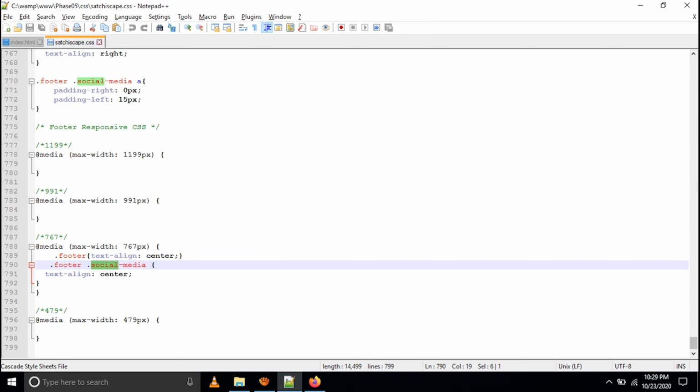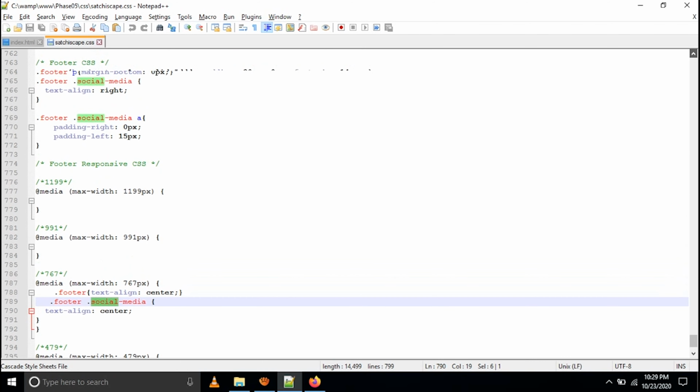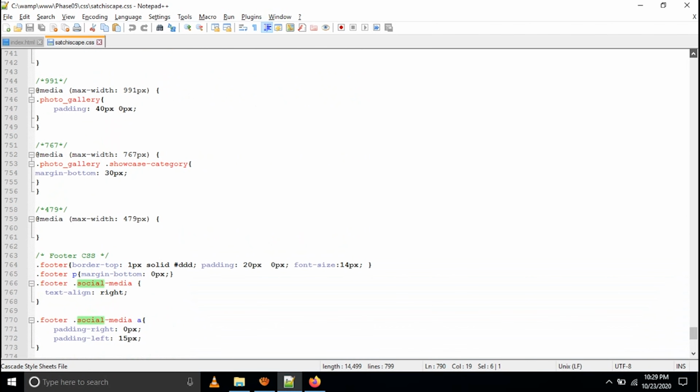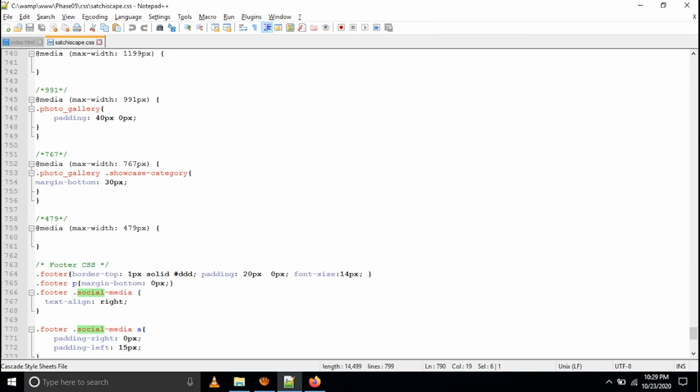I showed you before in the photo gallery, you can see the margin bottom 0, photo_gallery space showcase-category. Why have I written it? I could write just showcase-category, since it is already written for the showcase. If I remove photo_gallery and only write showcase-category margin bottom 30 pixels, what will happen?